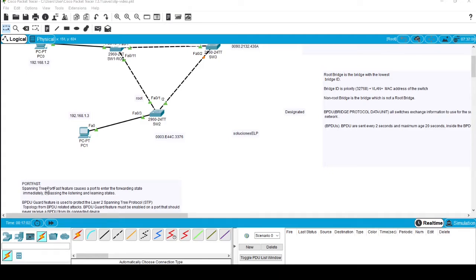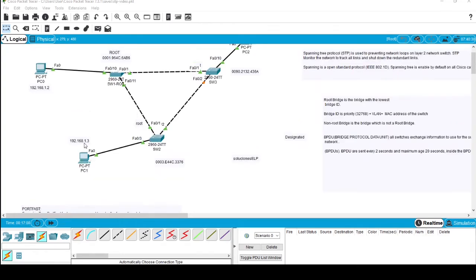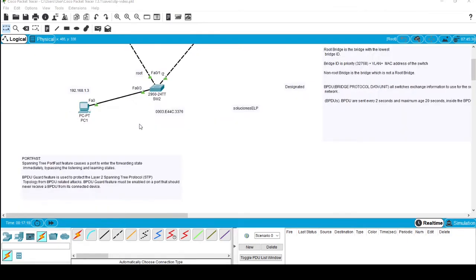It is important that you use this setup only on computers or endpoint devices, but not on devices that run spanning tree, or hubs or routers. So it is important that you only use this command on